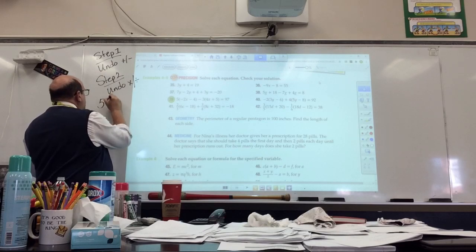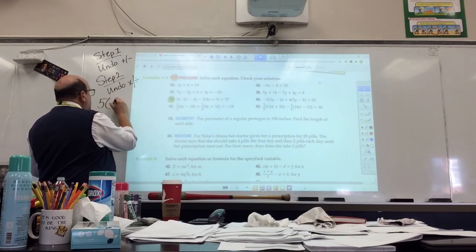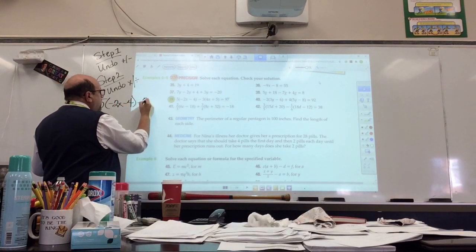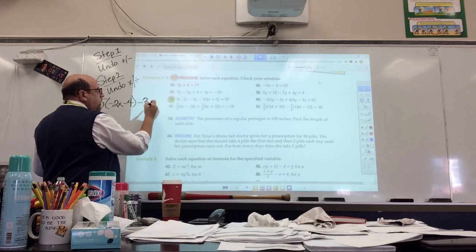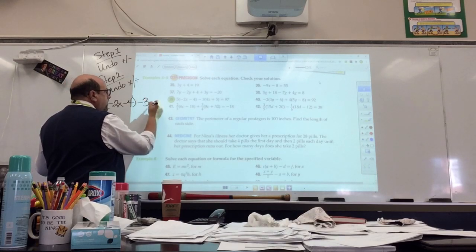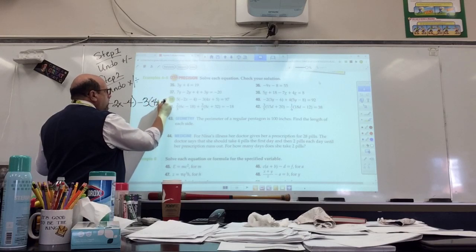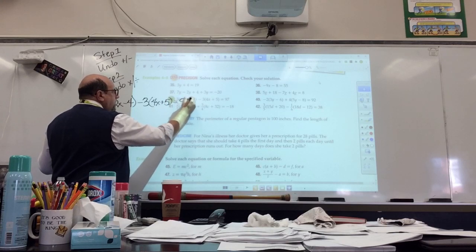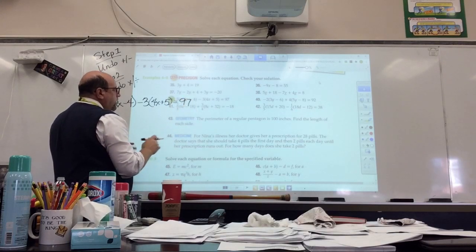5 times the quantity, negative 2x, minus 4. This is a subtraction symbol, but it means negative 3. All right, don't forget this negative when you distribute. 4x plus 5